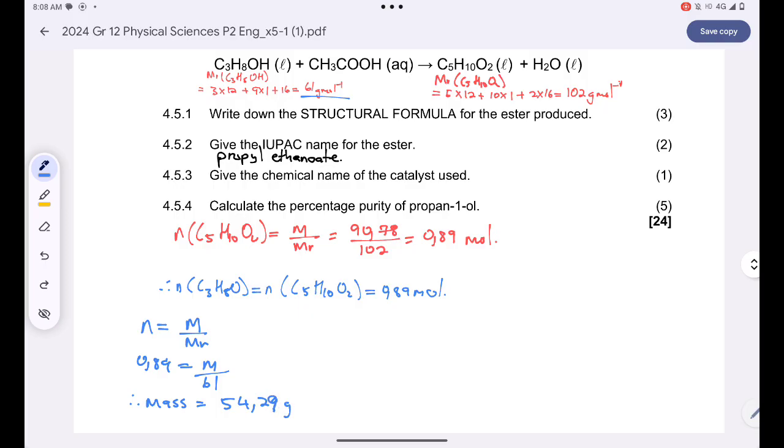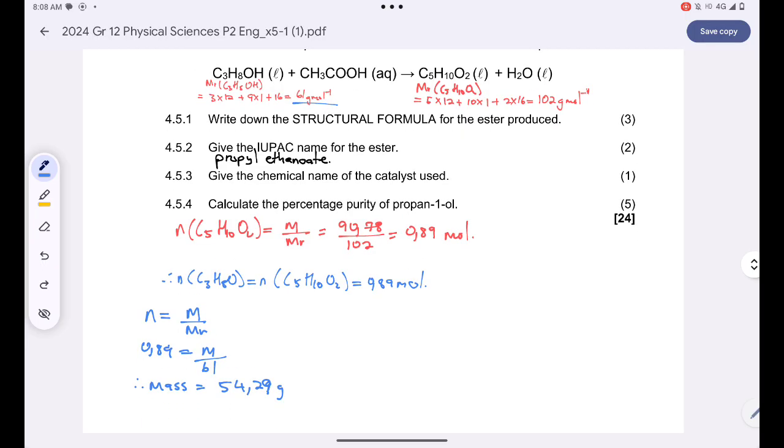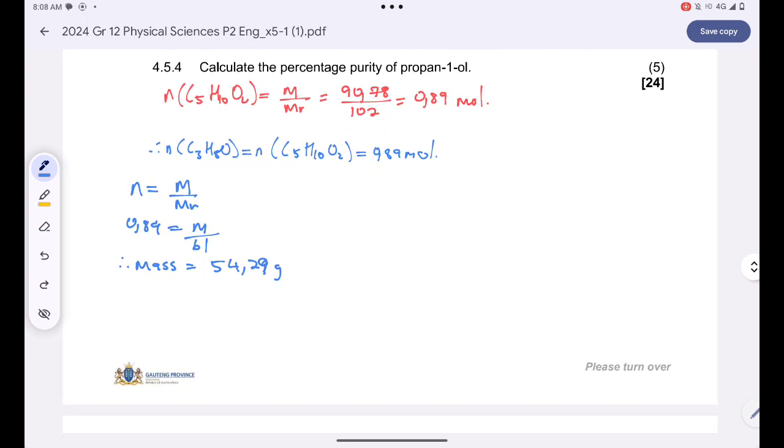54.29 grams, right? But remember that, guys, I was given 60 grams of my alcohol, but I can see that only 54.29 grams reacted with the acid. So this means the other part was not pure, right? So for me to find the percentage purity, I just need to take the mass of my alcohol that was pure divided by the mass of my total alcohol